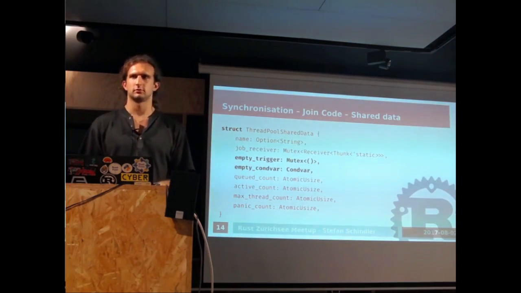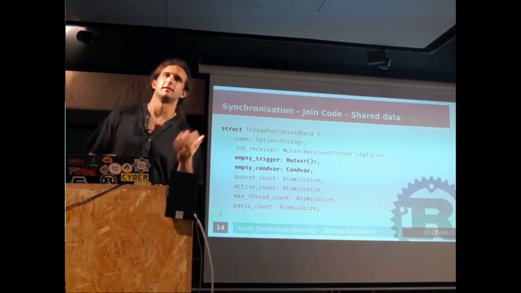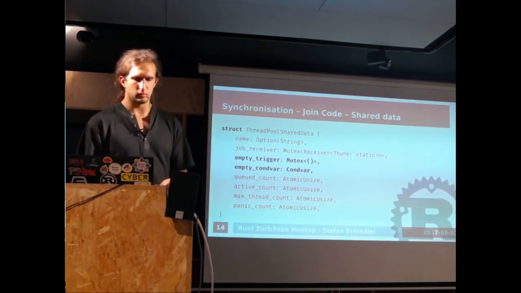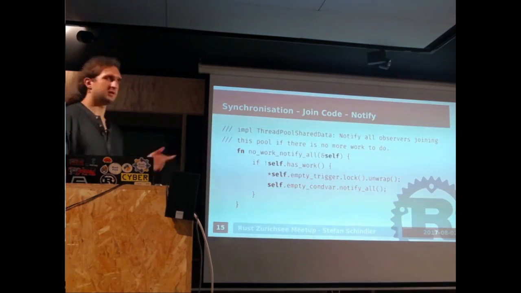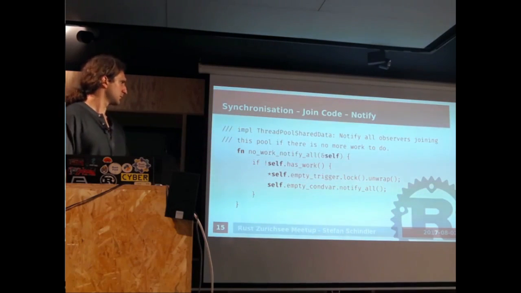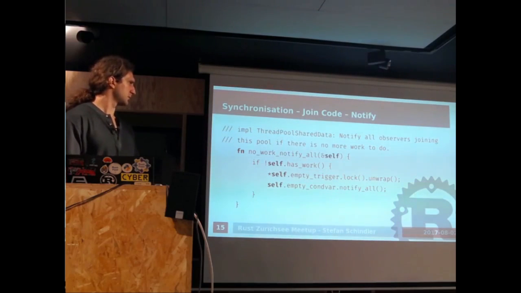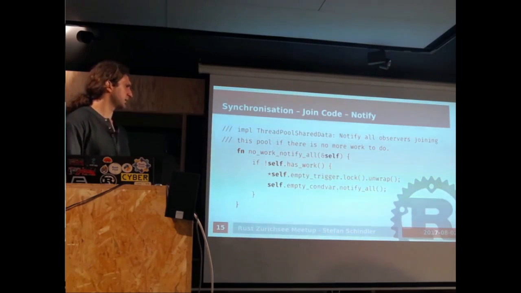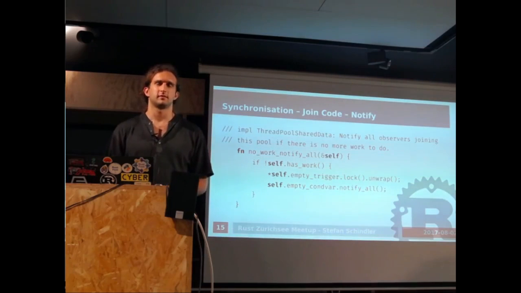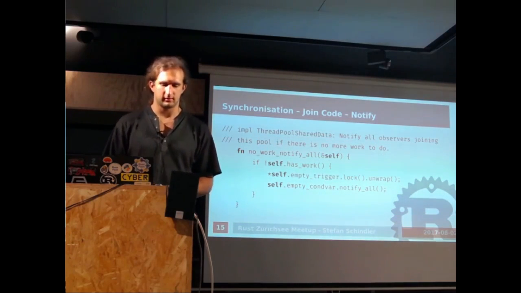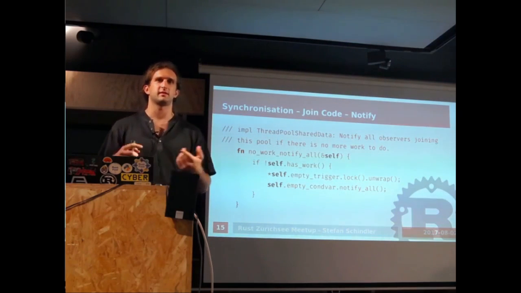So, yes. Yes, please. On the other slide, there was a check for execute as empty, and then signal the variable. You mean this one? The ASCII. Yeah. So what happens if there's no more work, and then before it triggers, somebody submits new work? Too bad. If you insert at this point a new job into the queue, you miss the window. It's too late. It's very racy. Yes, it's not unsafe.